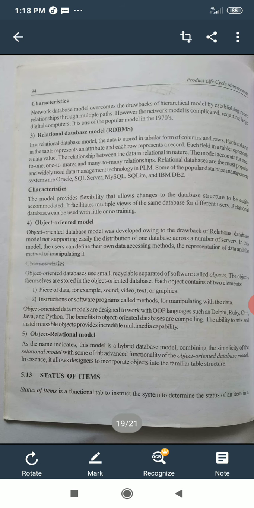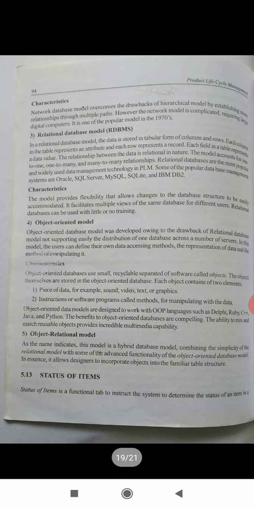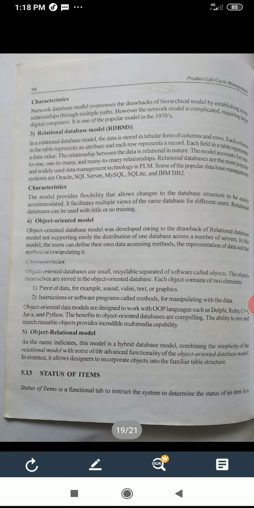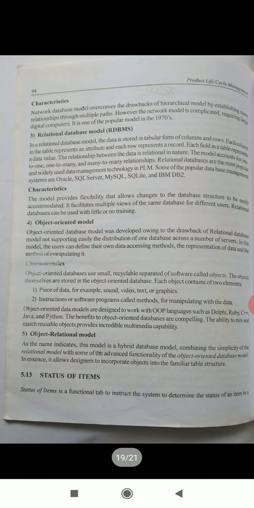Object oriented data models are designed to work with OOP languages such as Delphi, Ruby, C++, Java and Python. The benefits to object oriented databases are compelling. The ability to mix and match reusable objects provides incredible multimedia capability.